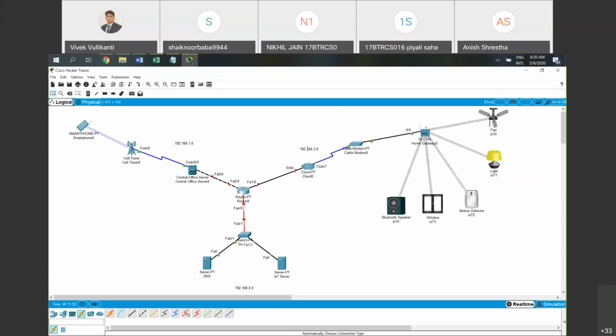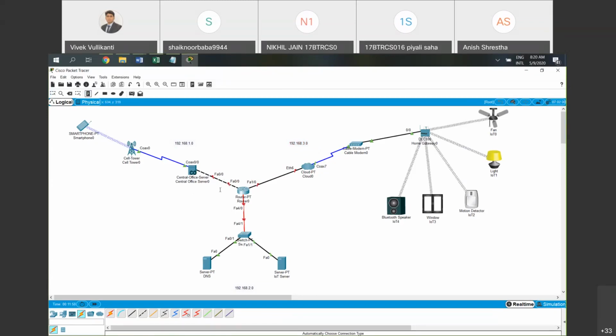So these are the three networks I'm going to consider: 192.1.0, 2.0, and 3.0 subsequently in a circular manner. Now, going further, what I'm going to fix here is this router, which has got three gateways, right? Three interfaces. Now we need to assign the first stage, or let's say in the next stage, we'll assign